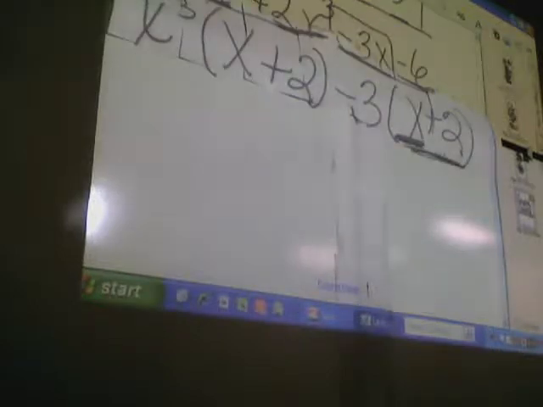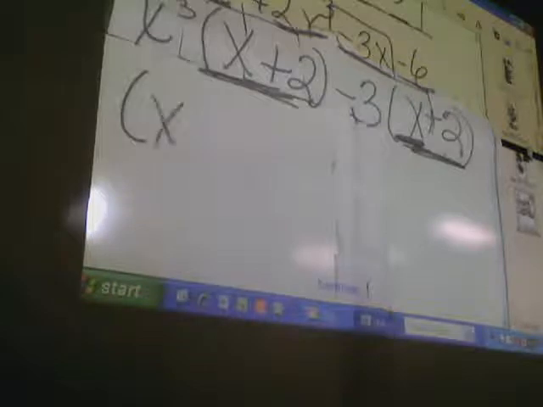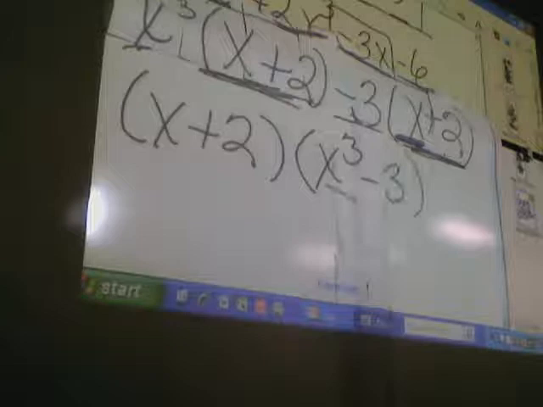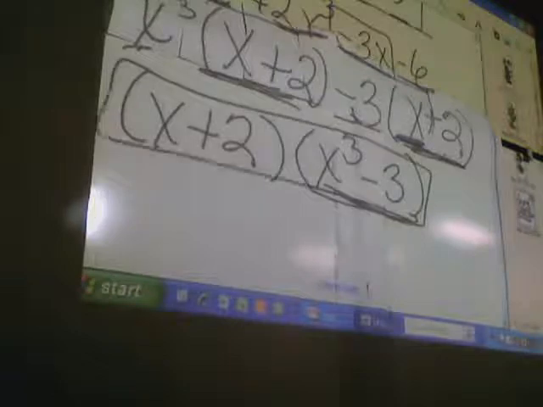Now, we want to write our x plus 2 that we have in common. We'll write it as our first factor. And then the second one, x cubed minus 3. Is this a perfect square or anything that could be factored? No, so we're done. Okay, number 18